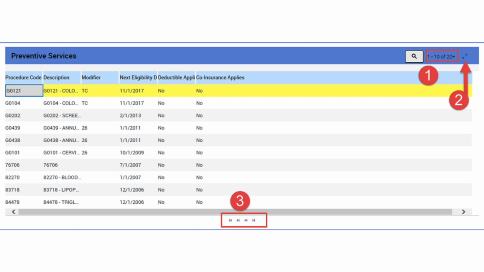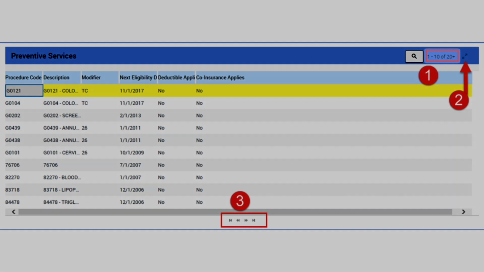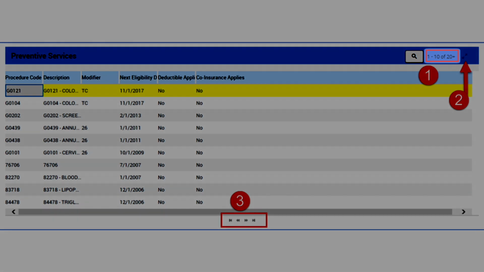In the recently updated NGS Connects, you will notice some changes in navigation. One of the changes is how eligibility information related to preventive services will display. The Preventive Services panel is located in the Eligibility Mega tab of the web portal. Here it shows which preventive services the beneficiary has received and when they will be eligible again to receive the service in the future. The search identified a total of 20 records related to preventive services.